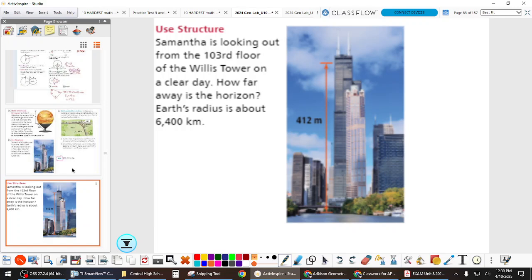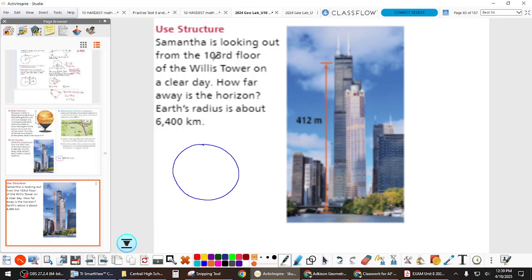Has anybody ever been to the Willis Tower? I haven't either. I don't know where it is, but it kind of looks like the one in Chicago, I think. I'll check, but anyway, point is, when you're that high up looking out, you can see a clear horizon better, right? So, we definitely need the Earth, since it's talking about the Earth. And it says